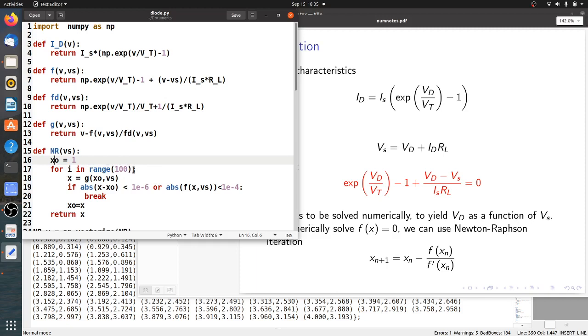But frankly, Newton-Raphson converges very rapidly for this particular problem. So in most cases you will need 5 to 10 steps. However, nominally we are running the loop 100 times, and every time the loop runs, what I do is put in the old value of x along with the parameter vs, which is fixed as far as the iteration is concerned,